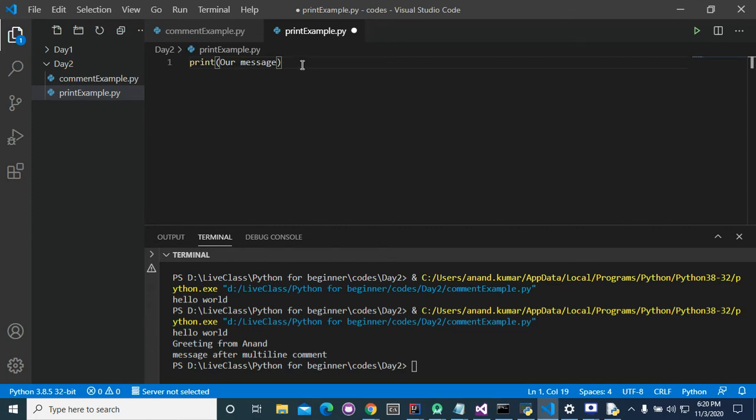Do you think this code is correct? Yes, because I explained that the message will be written inside double quotes. And next is print.